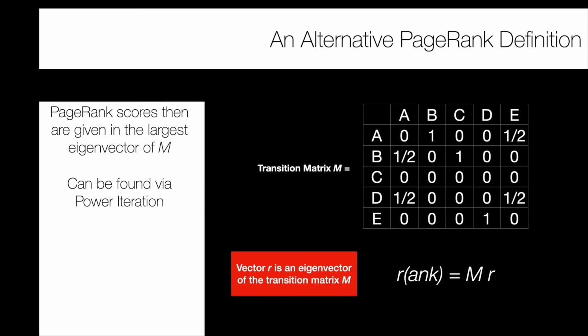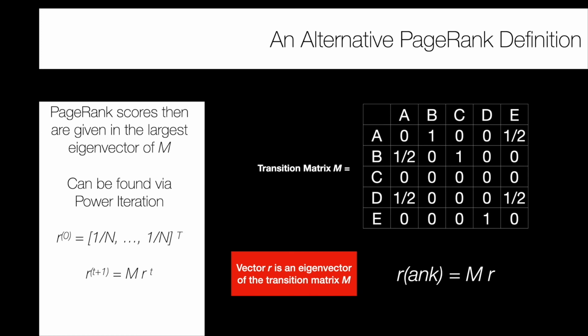And we can do this using a trick from linear algebra called power iteration, where we initialize our vector first with 1 over n for every node in our graph. So what this says is we'll start off evenly distributing our page ranks across all nodes in our graph. And then we'll take our transition matrix M, multiply it by this column vector R, and then we will iterate on this. So once we have a new value of R, we'll then multiply M by that,